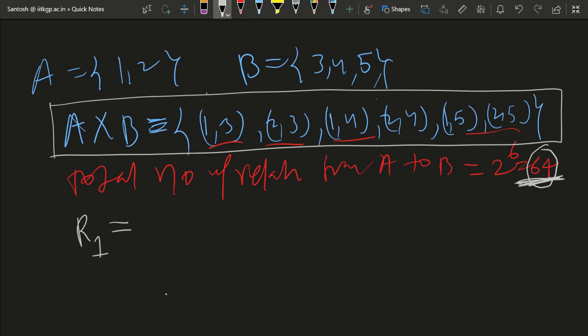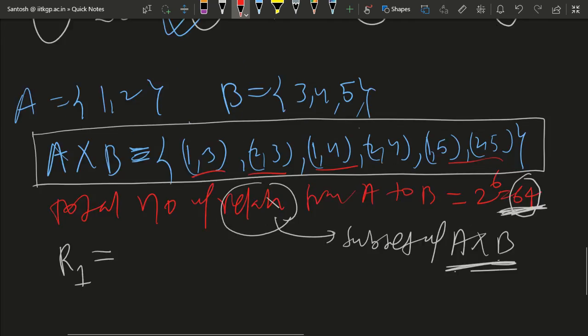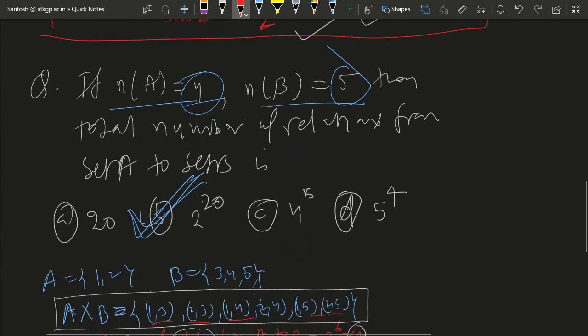So what is a relation? A relation is a subset of A cross B. How will you write the subsets? Okay, let me tell you. What is a subset? Just for your information,